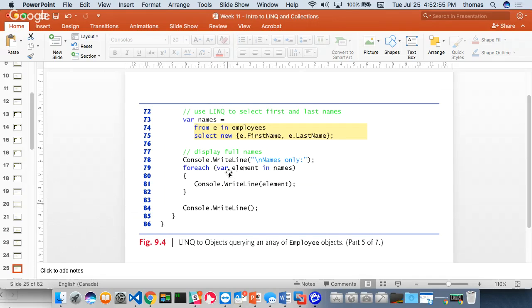All right, here's one more. So here's our names. And now this is something you've never seen before, right? From the employees list, I want to create a new object from the employees that I find. So I'm going to create a new list of names. That's what I'm doing. And this list of names is going to not be an employee list anymore,